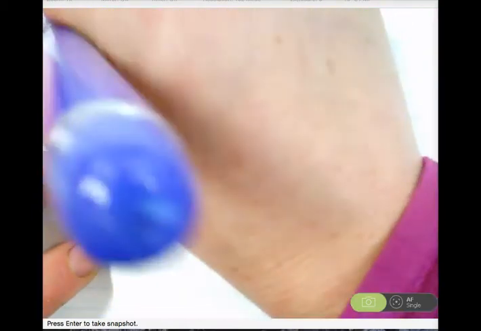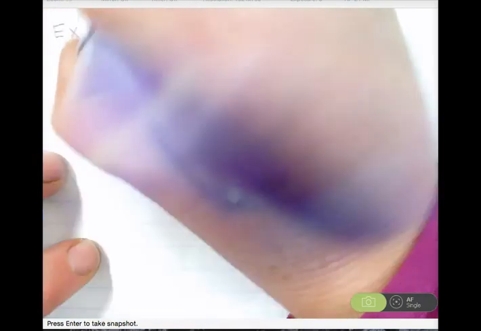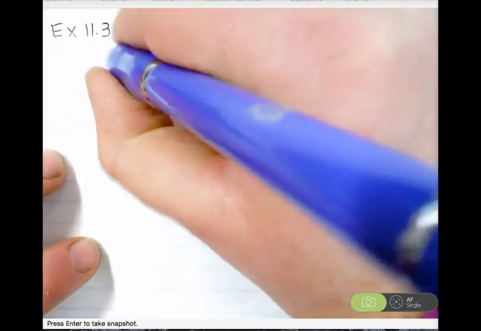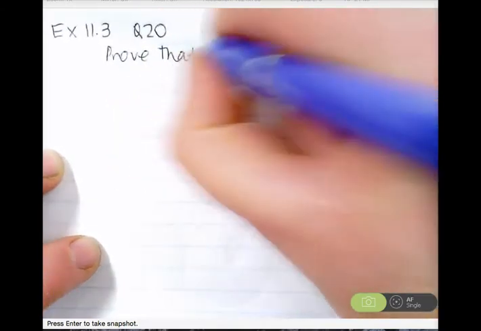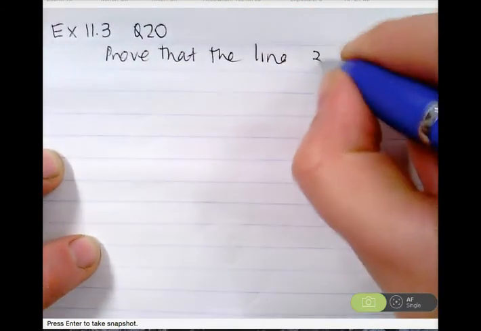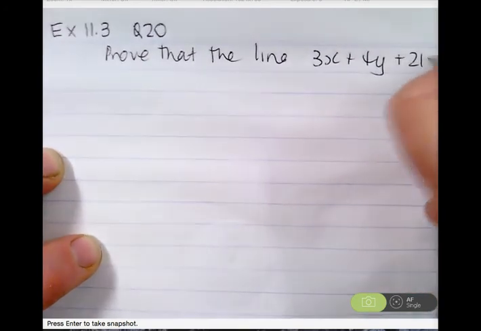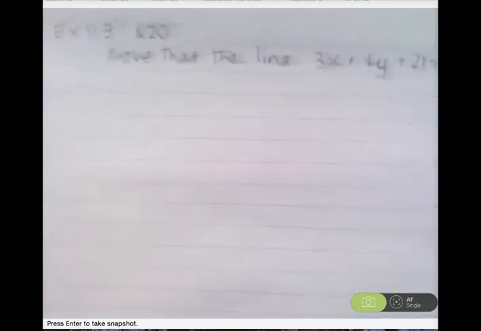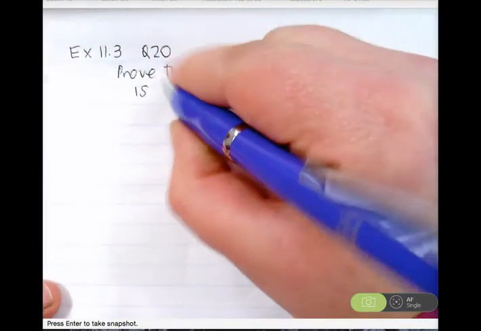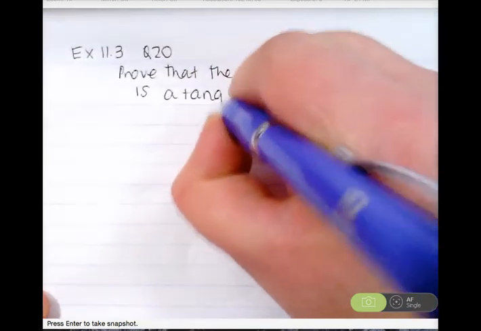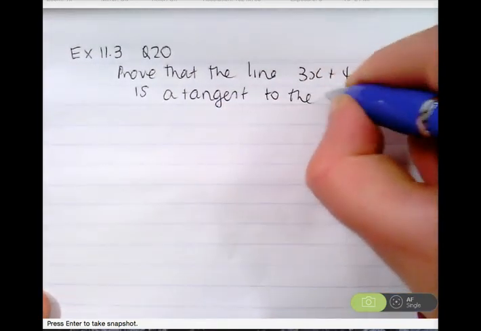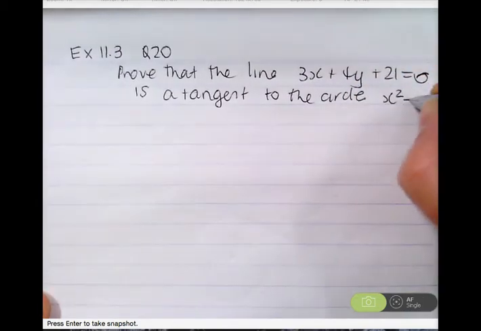Okay, let's do question 20. I might have to do some videos tonight on a couple of questions, all right? So exercise 11.3, question 20. Prove that the line, you can do 21 on your own, that the line 3x plus 4y plus 21 equals 0. Prove that this line is a tangent to the circle x squared minus 8x plus,